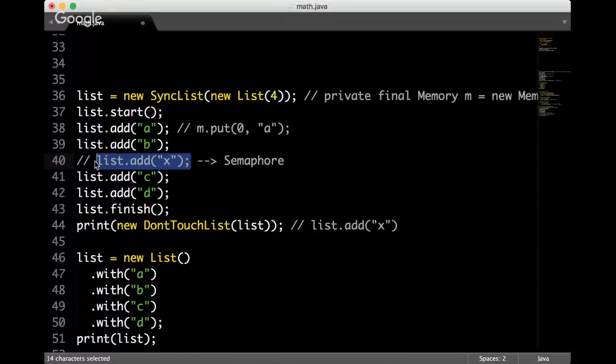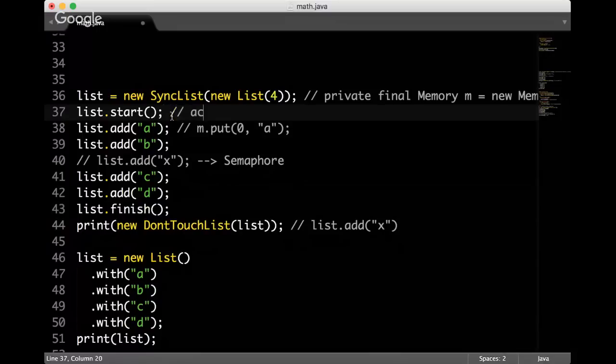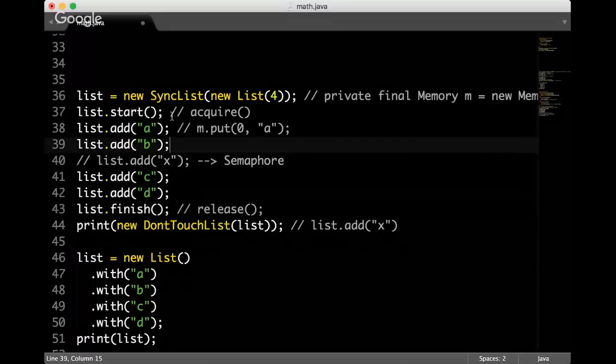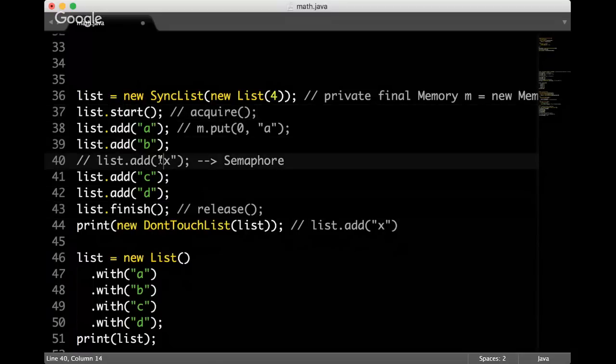When you call list add, your thread is blocked until I call finish. So I acquire the semaphore here, and then I release it here. And the moment I release it, another thread can start working with the list. So you see, I can do some manipulations in order to protect my structure.